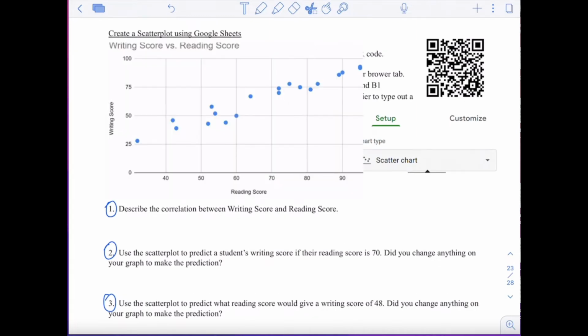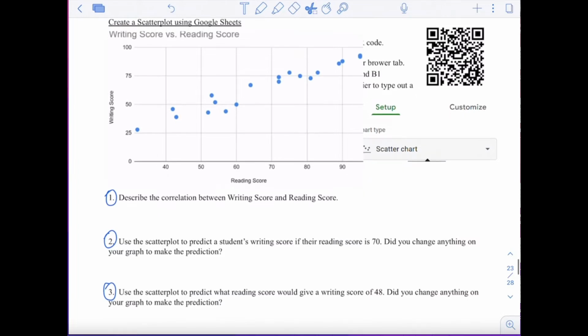All right, everyone. So if you have properly done the video, you should see a graph that looks something like this. And hopefully you've answered questions 1, 2, and 3. We will answer them together. So when I look at the correlation between a writing score and a reading score, I can see that the correlation definitely is positive. And then I'm going to classify it as weak, moderate,